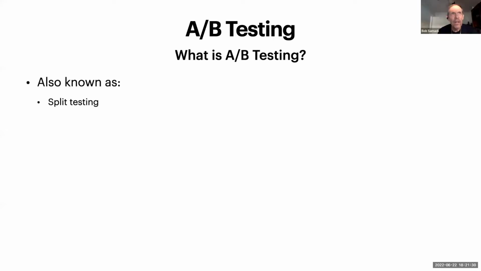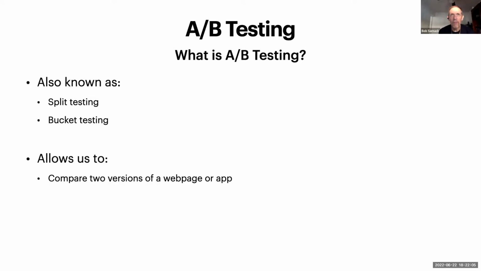A/B testing is also known as split testing or bucket testing. It's a method of comparing two versions of a web page or an app against each other to determine which one performs better. A/B testing is essentially an experiment where two or more variants of a page are shown to customers or users at random, and statistical analysis is used to determine which variant performs better for a given conversion goal. This allows us to compare two versions of a web app or page